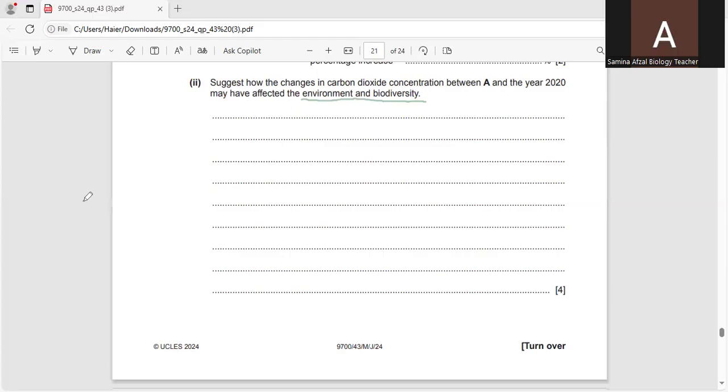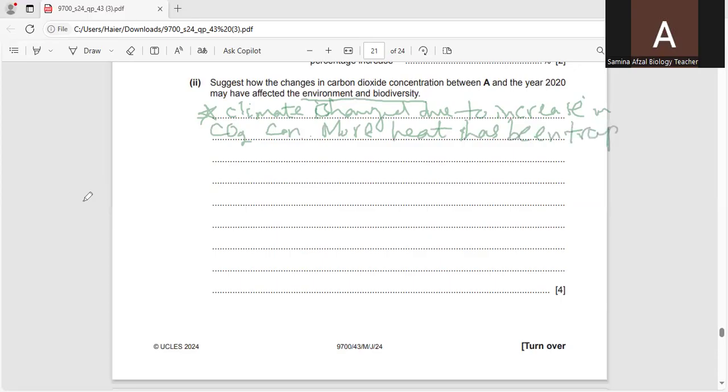So now I will write all these points which I have explained. First of all, what happened? There can be climate change due to an increase in carbon dioxide concentration. More heat has been trapped, due to which global warming is increased,